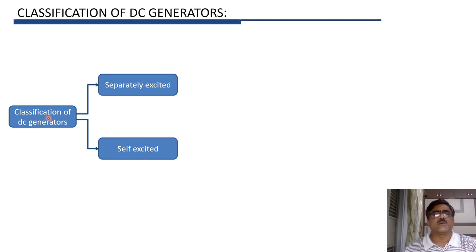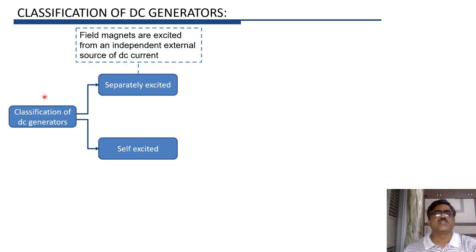Now in separately excited DC generators, field magnets are excited from an independent external source of DC current. Means in a separately excited generator, a separate independent DC supply is used to circulate the field current,